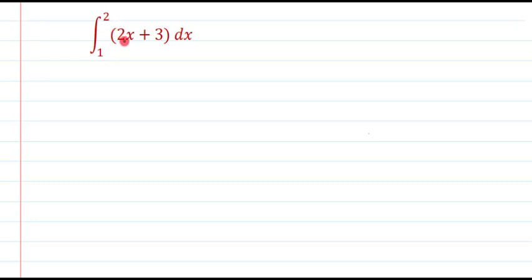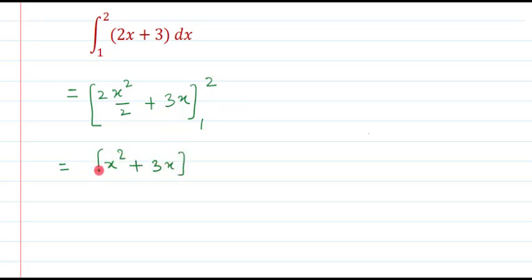So as I told you, first of all we will calculate the integration of the given function, which is 2x plus 3. So this is equal to, we know very well that the integration of 2x is x square. You can write it like this also: 2 is already a constant, and the integration of x is x square upon 2, and the integration of 3 is 3x. So let us close it in the bracket and write these limits here, which can further be written as x square plus 3x.